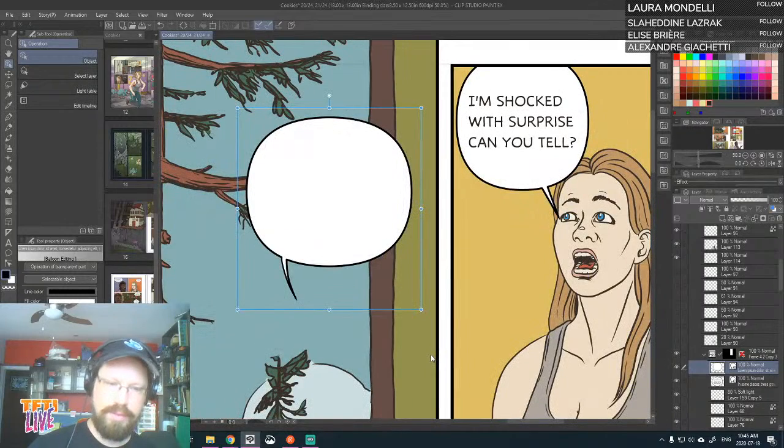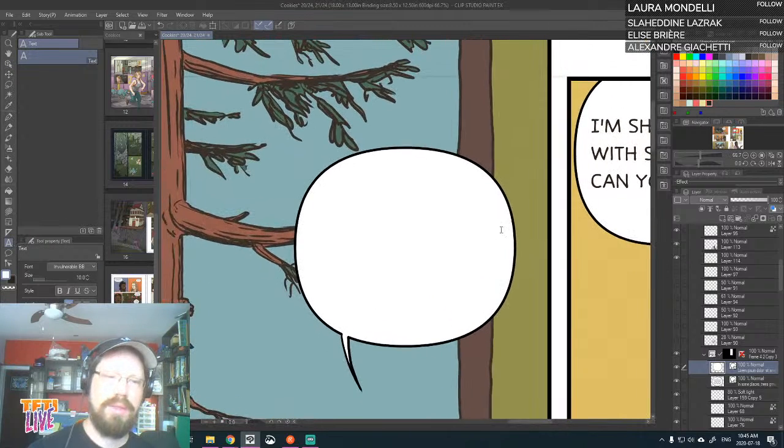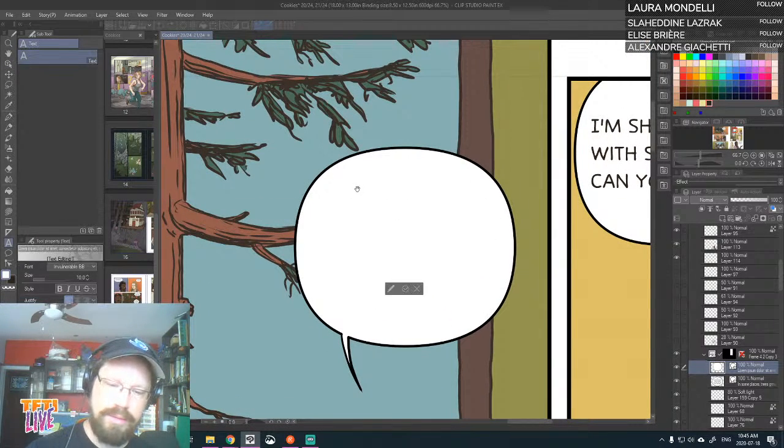Okay, so I kind of like to keep my bubbles in a single layer. I don't want them to merge together. The program kind of wants to do that. I don't really like it. I'm having white text, so that's not gonna work. So let's see black, and then I'm gonna pick some